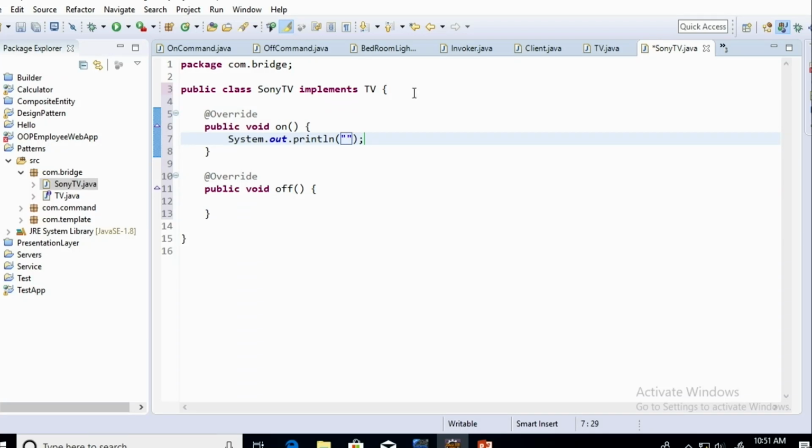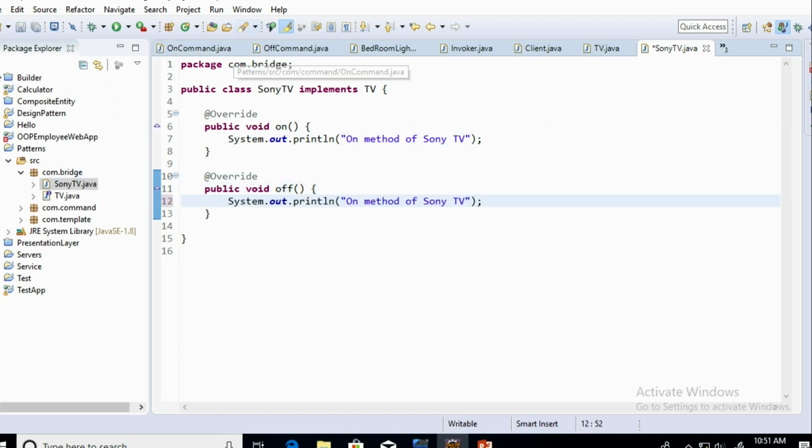So we are going to separate these algorithms and call them within the remote controller. Okay, now this is the off method.